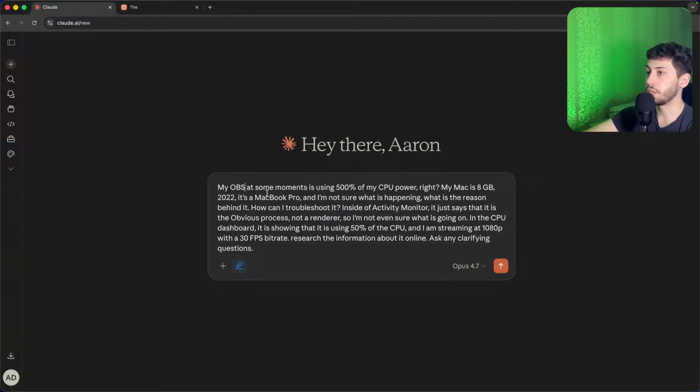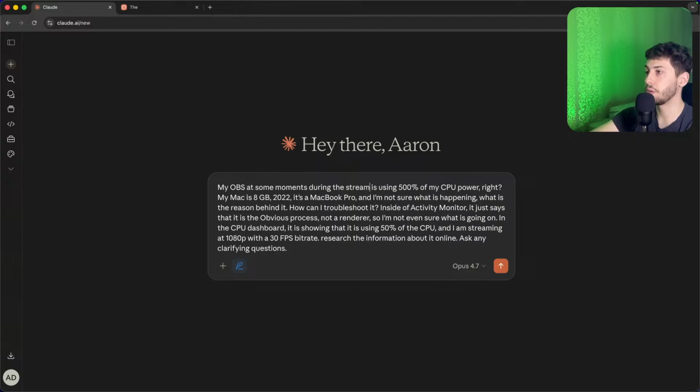So my OBS at some moments during the stream is using 500% of my CPU power. That's funny. My MacBook Pro is M1, and I'm not sure what has happened. What is the reason behind it? How can I troubleshoot it? Inside of Activity Monitor, it just says that it is